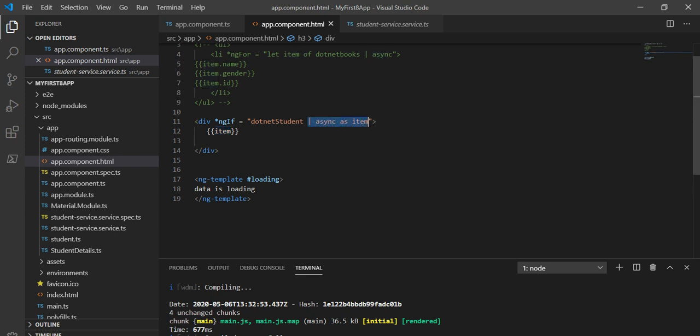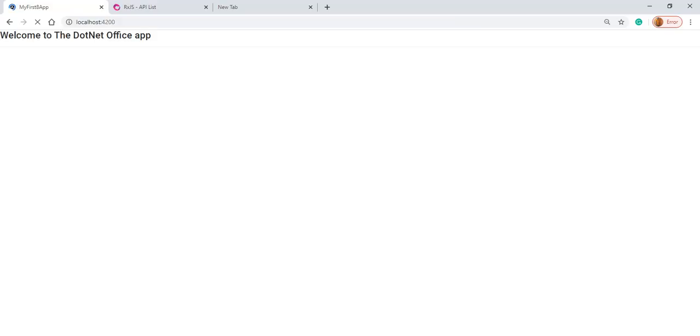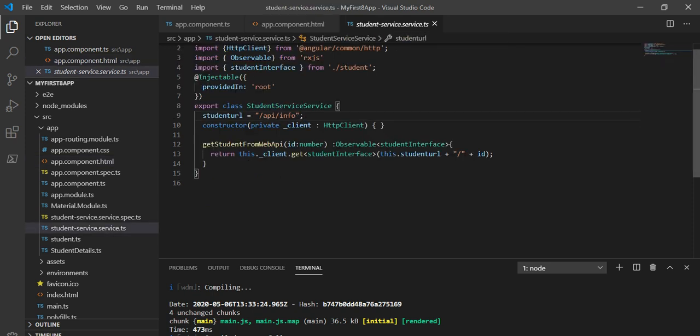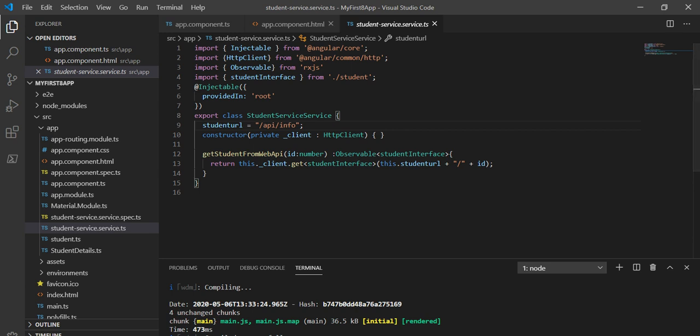because now I'm not going to use it as async. If we use subscribe, then there is no need to use the async. So now data will come in this, and just copy it and paste it here and save it. Now let's see on the browser. So it's loading. Here we can see the name one is showing here. So that is the way we can use the observable map in our Angular 8.